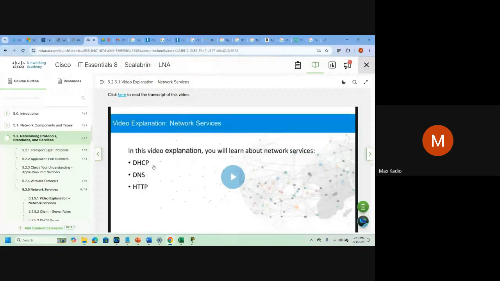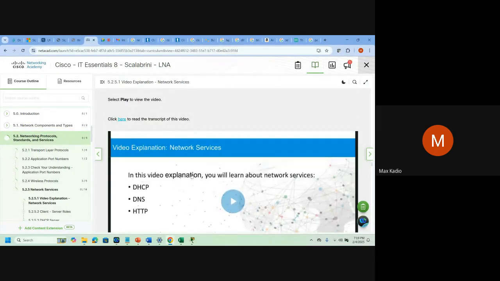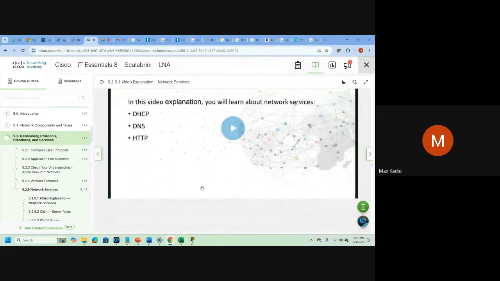Now, some services. What kind of service can you find in your network? For example, I need a cell phone number. Where to go? You go to MTN. You give them your ID, you make a photocopy, they register your SIM card, and they give it to you. It's a service. So depending on what we want to do in the network, we have some services. You want to print, it's a service. You want to scan to email, and so on. So it will be explained here. If you want to just focus on the videos only, and you do your quiz to practice, it's fine.